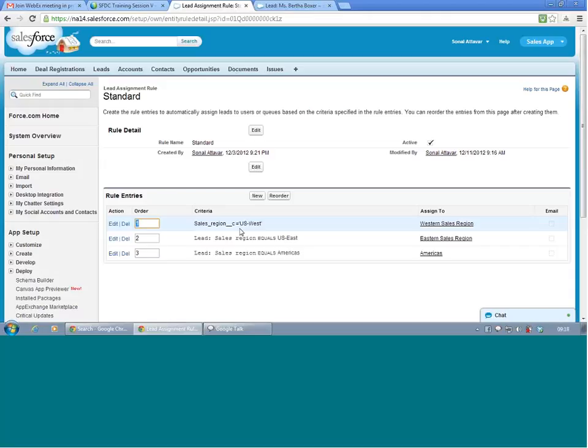Now we are going to create a field called estimated booking in the lead object.